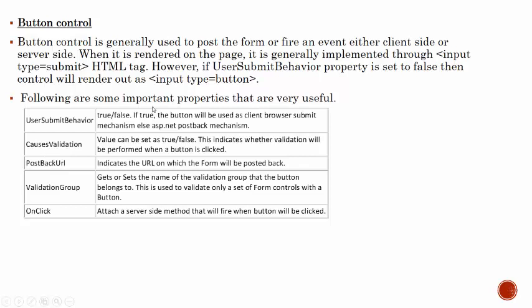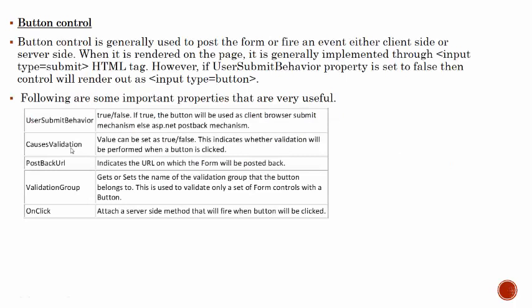So what is the difference between the client browser submit mechanism and the postback mechanism? By default it is false in ASP.NET. If you set it as true, then it will submit your data. Otherwise it will post back your data, and the form will be posted back, or we can say reloaded again.